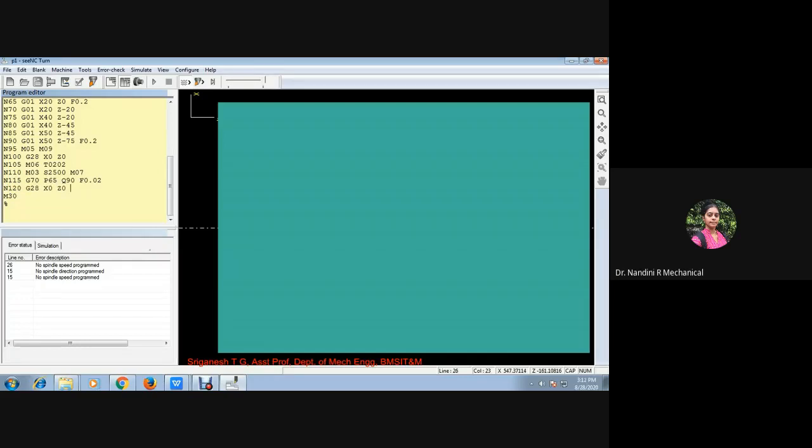First, it has just designed the outer blank, okay? So he's just fine-tuning the program if there were any manual errors, because it is showing that there's no spindle speed, all those things. But when the coordinate runs, it shows you the smooth flow, how the 3 steps of the turning operation will come.